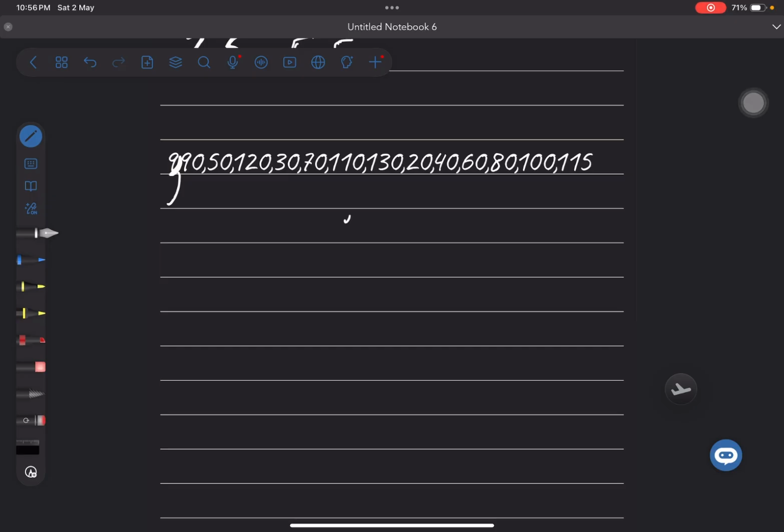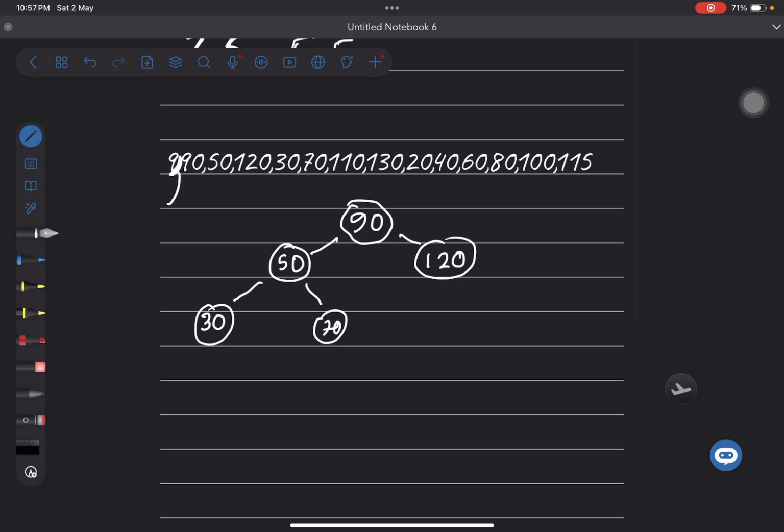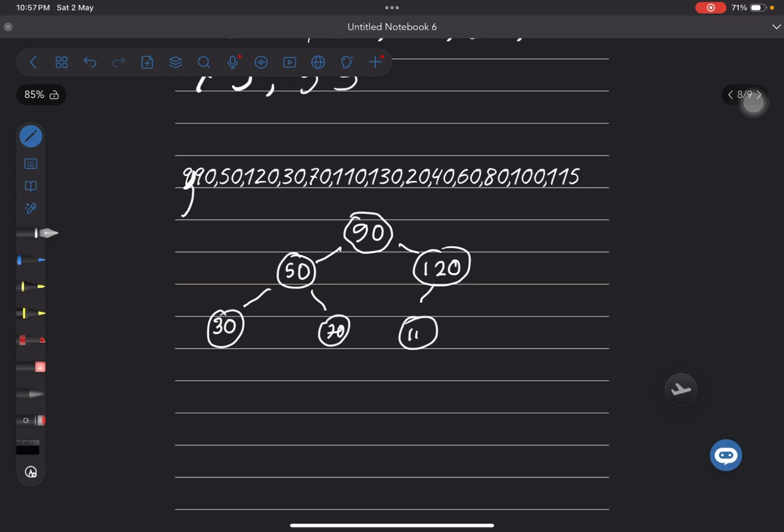So first we start with 90, which goes over here. Oh, my bad. Okay, so 90, and then we close it, and then we have 50, which goes to the left side, and then 120, which goes to the right side, 30, which goes to the left side, 70, which goes to the right side of 50, 110, bigger than 90, smaller than 120, so left of 120, 130, bigger than 120, so